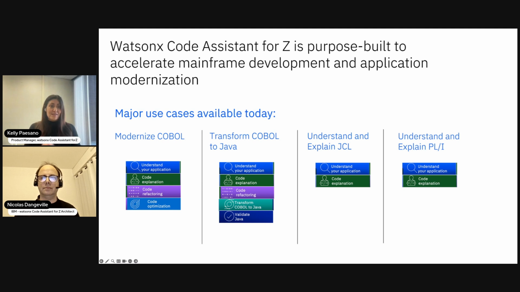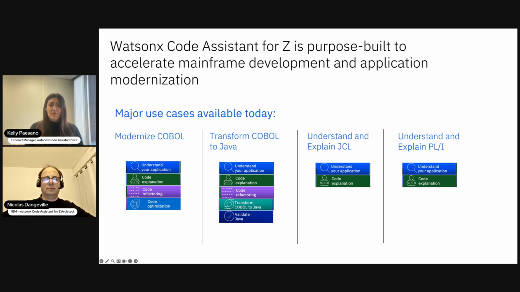Our major use cases today are, one, modernizing COBOL, which leverages understanding, code explanation, refactoring, and optimization. Then there's transforming COBOL to Java, which leverages understanding, explanation, refactoring, transformation, and validation. And then we have understanding and explaining JCL and PL/I.